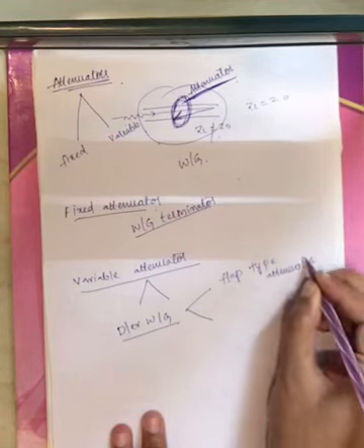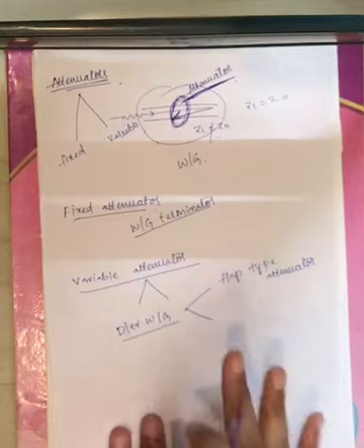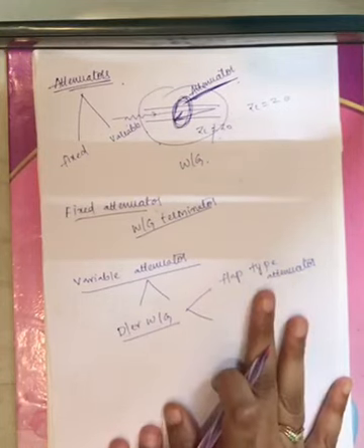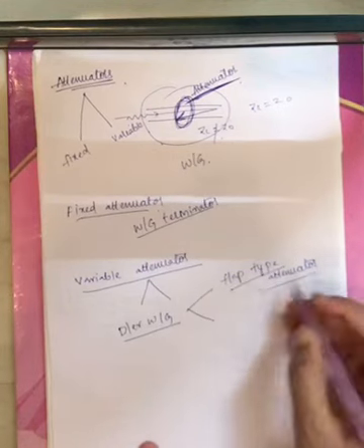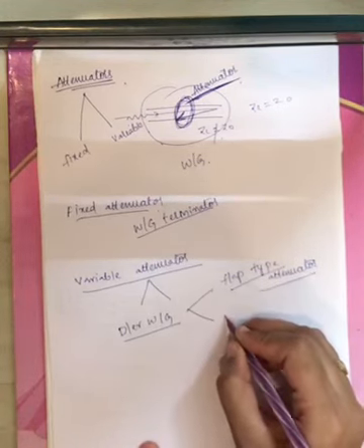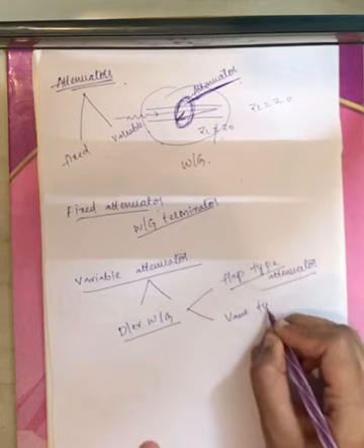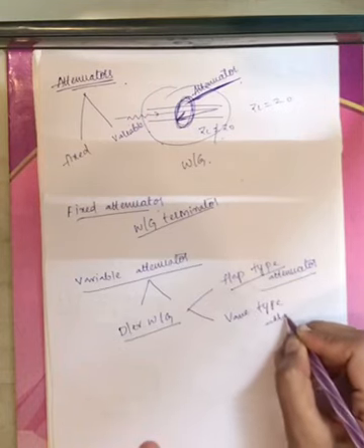You can search in your Google. That structure I can't draw on this particular paper. Either you can use a flap type attenuator or you can use a vane type attenuator, right? Vane type I have drawn. I will show it now.